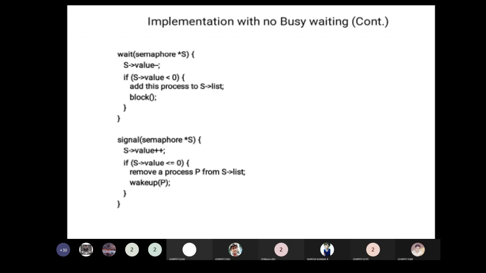Signal: the same semaphore S is invoked here. The value will be incremented. When the value is less than or equal to 0, a process will be removed from the list of waiting processes and woken up. Whoever is waiting in the list will be woken up.